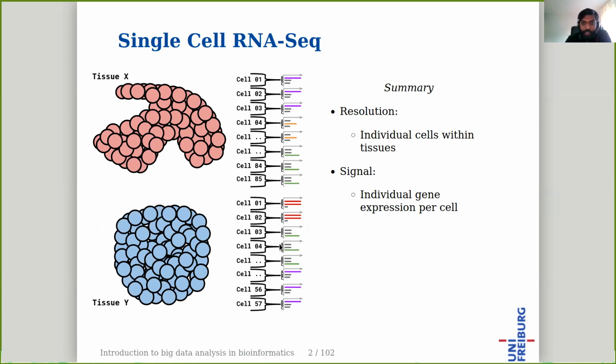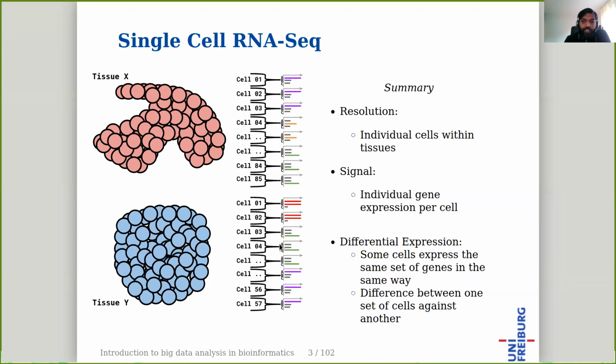So the whole point of differential expression analysis in single cell RNA sequencing is to find out the difference between one set of cells against the other. So we are looking for the genes that are differentially expressed even within one single tissue. Differentially expressed genes between a set of cells, maybe these cells here on the top have different